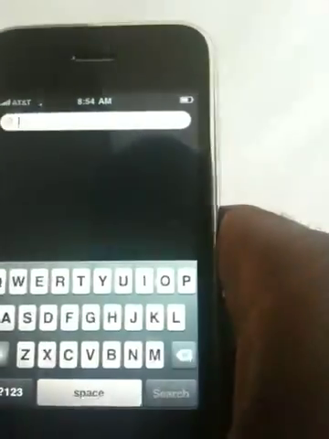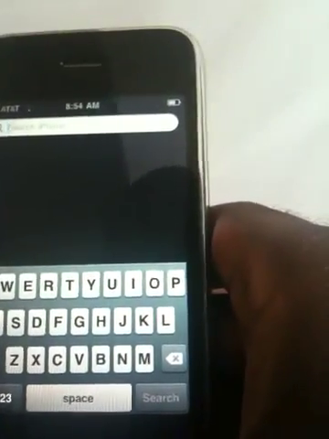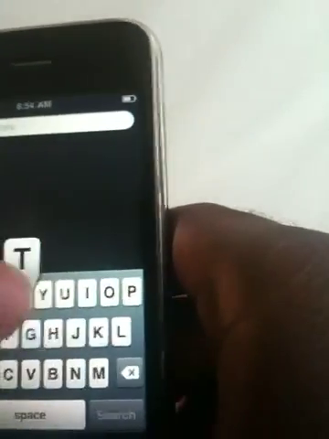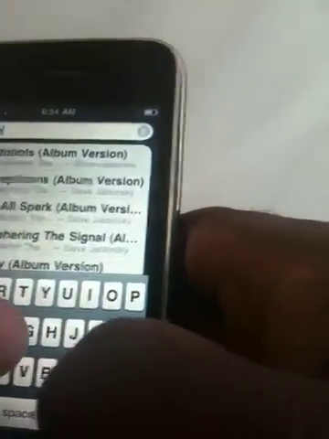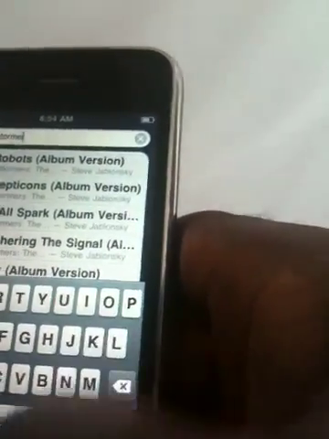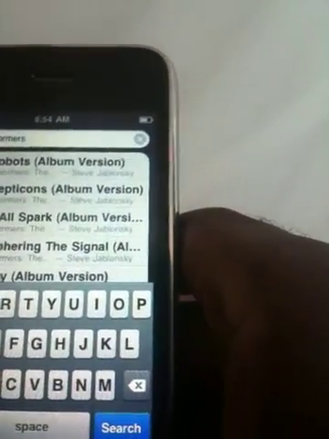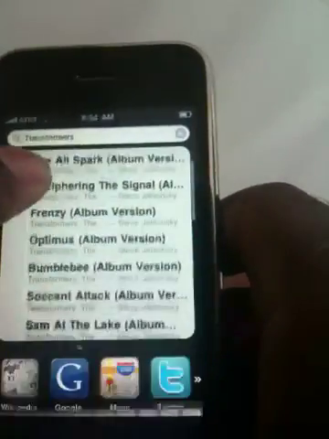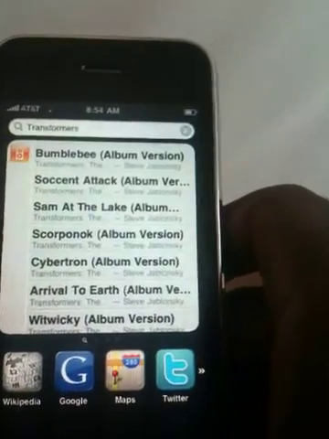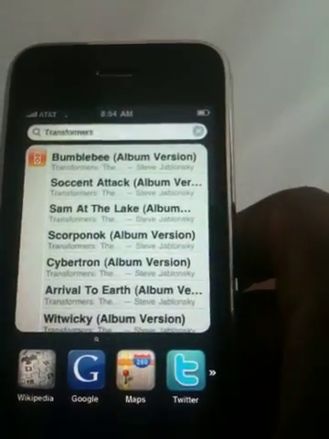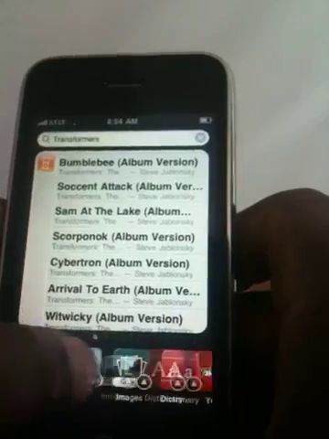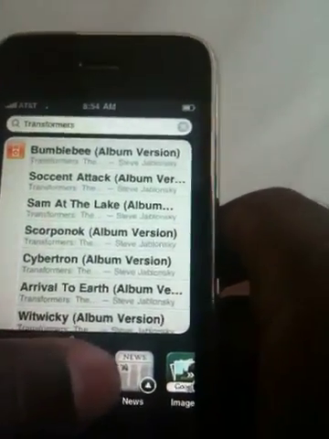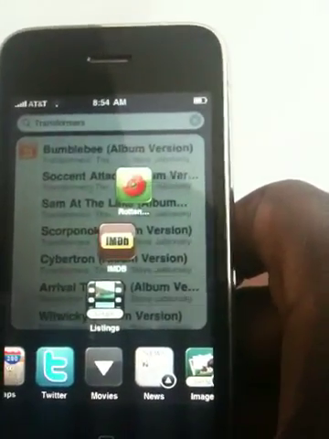To access universal search, you would go about your normal business of searching Spotlight. In this example, I want to find out where Transformers, the movie, is playing around me. So I go about searching Spotlight, and Spotlight will return what it's found on my iPhone. But once I scroll, you will notice that we've replaced the standard four icons with a series of scrollable search engines. Once I find movies, I select movies, and it'll bring up all the movie search